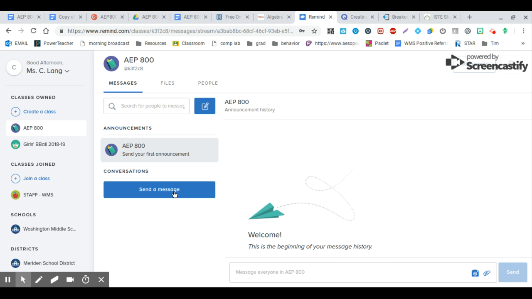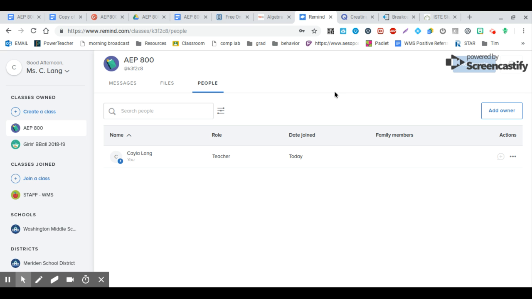There's an app you could download on your phone. It works for both Androids and iPhones. And this allows you to text out messages. It will alert your phone. So if a parent messages you through this platform, it goes straight to your phone. And through here, there's a few different ways. If you go to people, you could add people or search for people. There's the code right here, which is how they can find your class to log in, add their own information, and join your class.